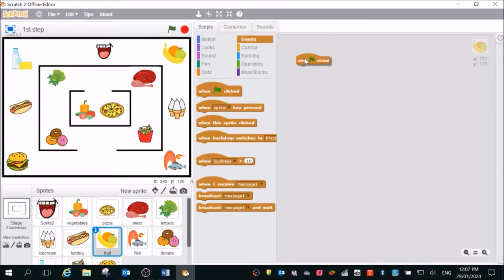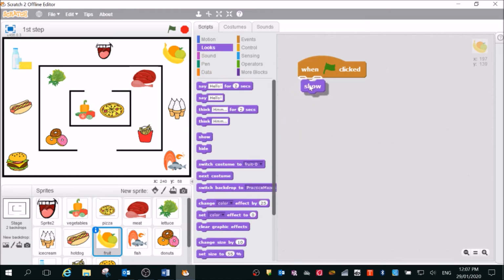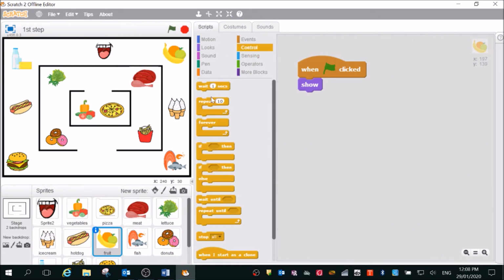So this is an event that we're going to start with the flag, and we want to show our bit of fruit because at the moment it's automatically appearing, but we will make all the food disappear at the end, so that when we start it, it resets all of the food to where we can see it. So we're going to show it, and then we want, as usual, our forever loop, because we want to keep on checking this, and we want to check if